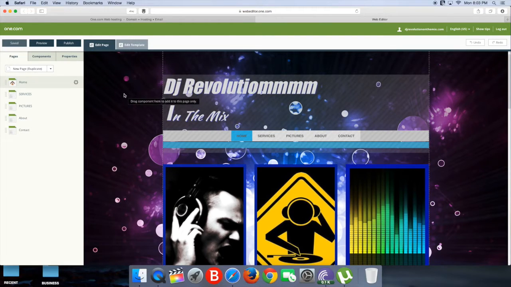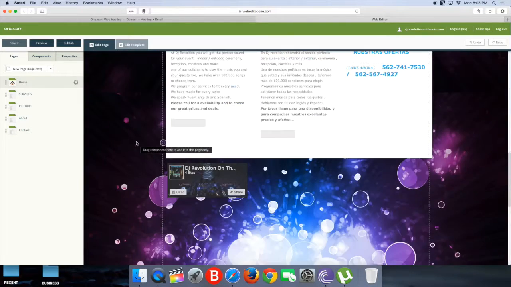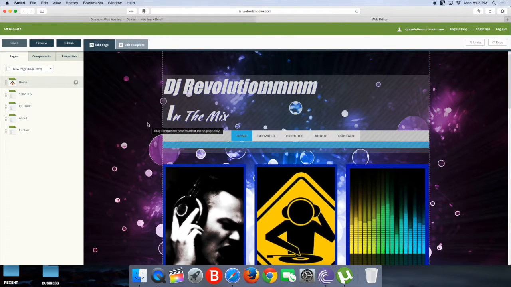When you first start off, you're going to have an option to choose templates. This person chose this background for their template. You're going to have a number of templates to choose from, but they're all pretty much the same. Let's just get into the basics of it. So first thing is there's two main editor tabs that you're going to be working on. Most of your work is going to be done here on the edit page. And when you have it on edit page, you're editing each individual page